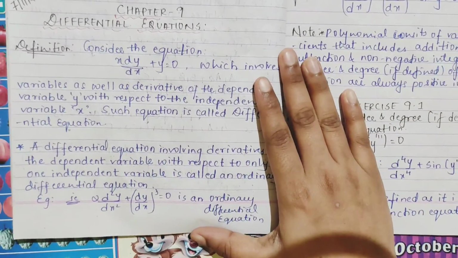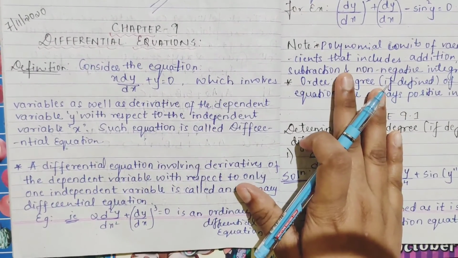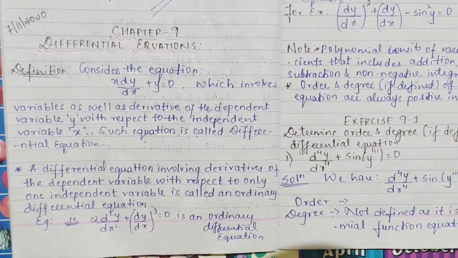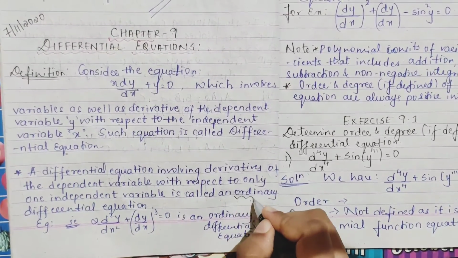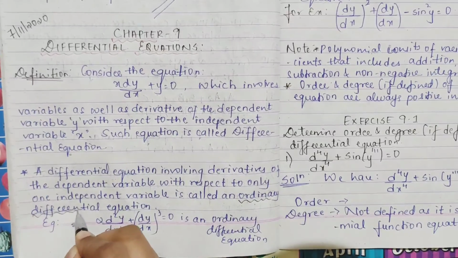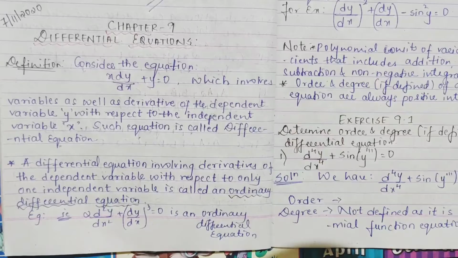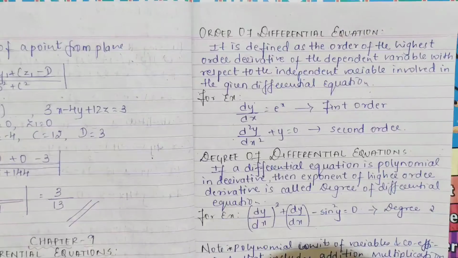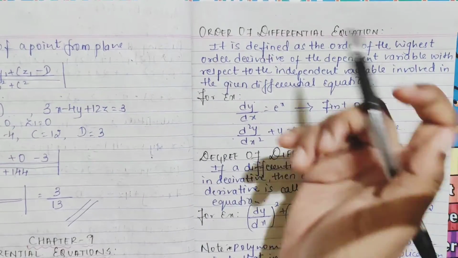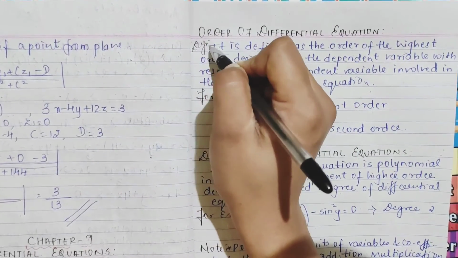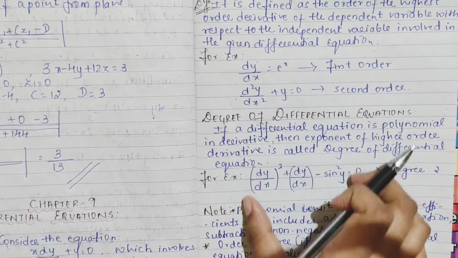Simple. This is your order, this is your degree. So here you have everything. Write down this definition of differential equation, whatever I have explained, the same I have written. Differential equation definition and even ordinary differential equation. Just pause the video and note it down. Same comes order of differential equation. Write the whole definitions. This is also a definition. Even degree of differential equation.